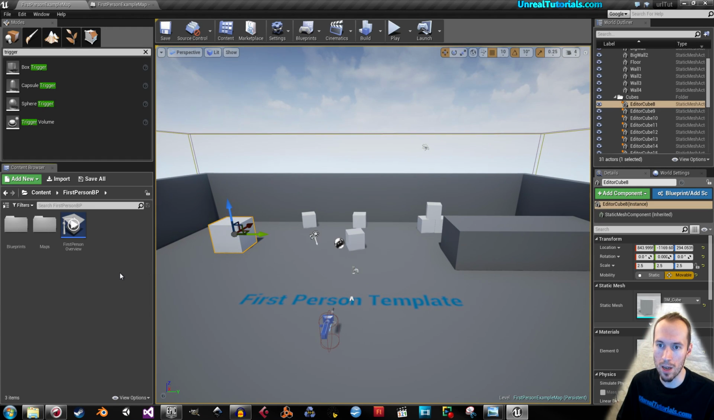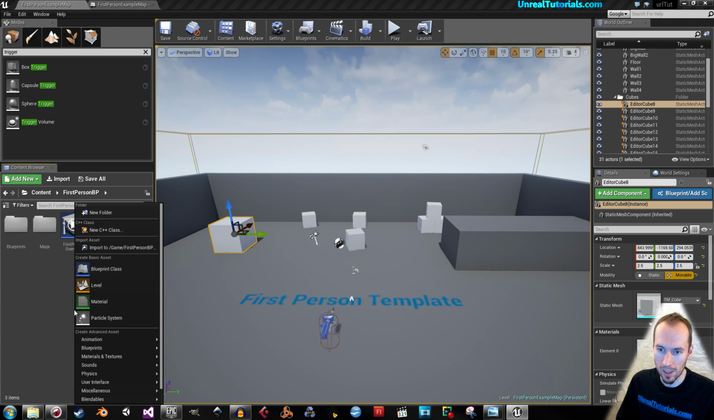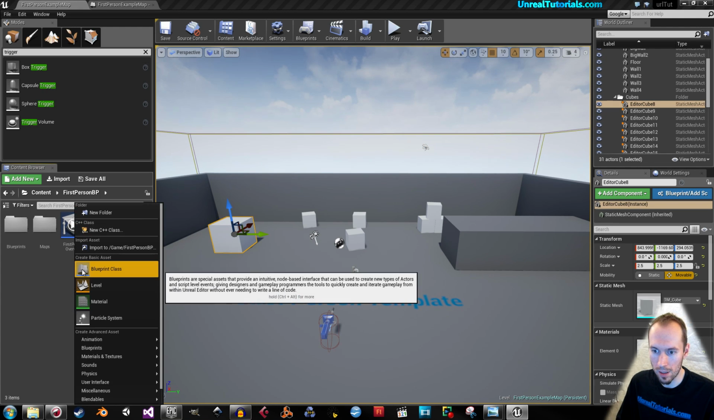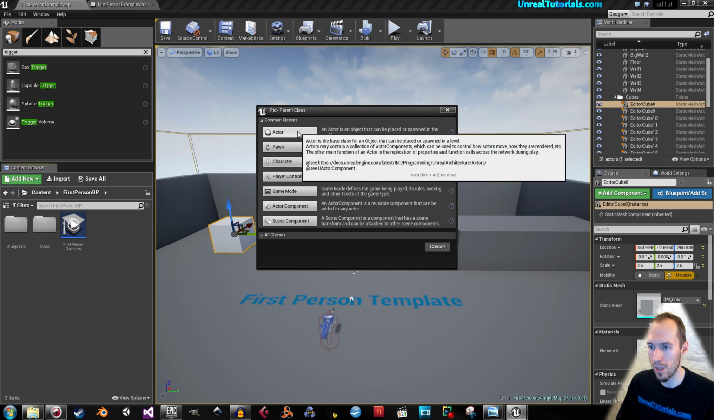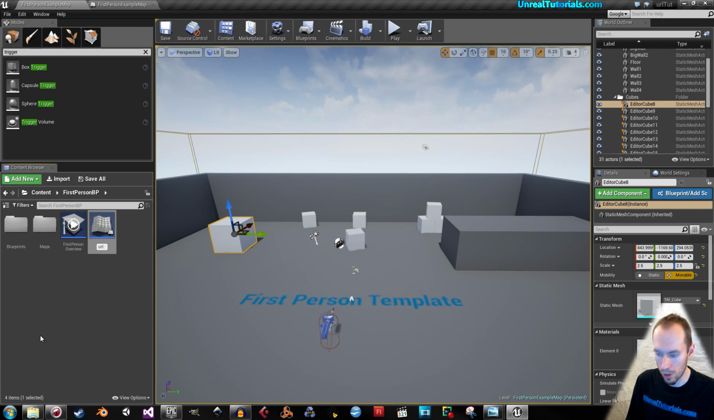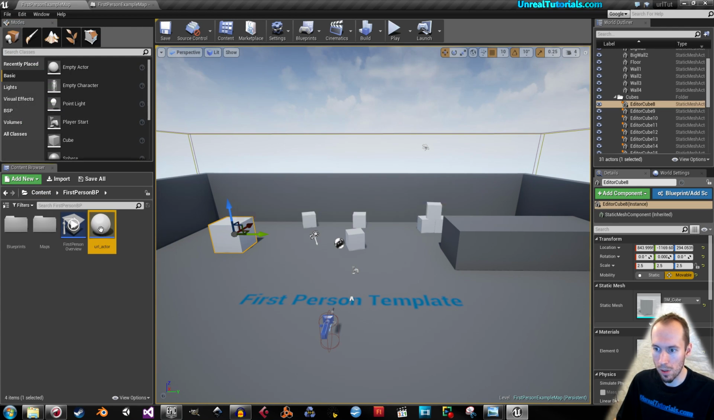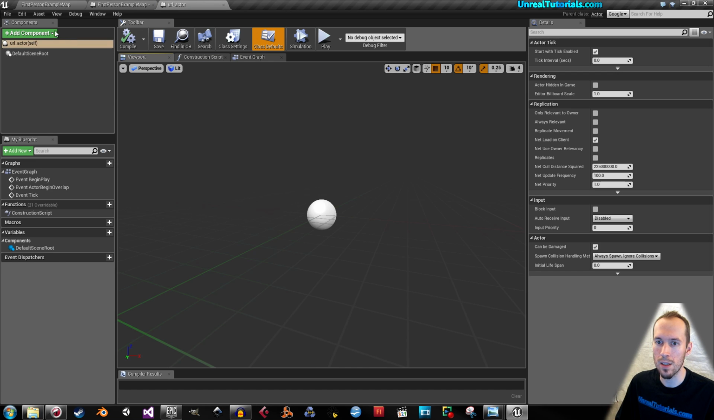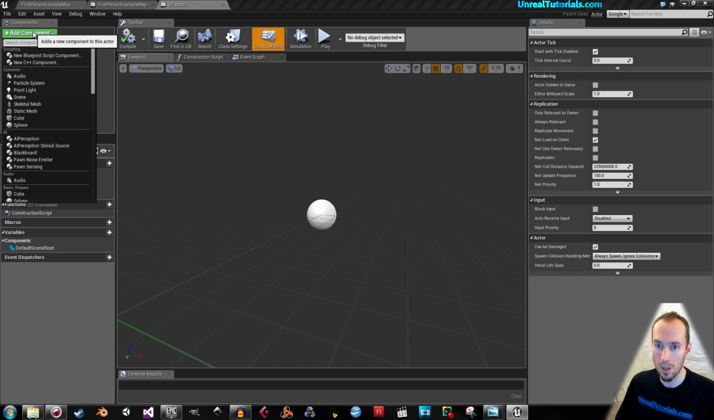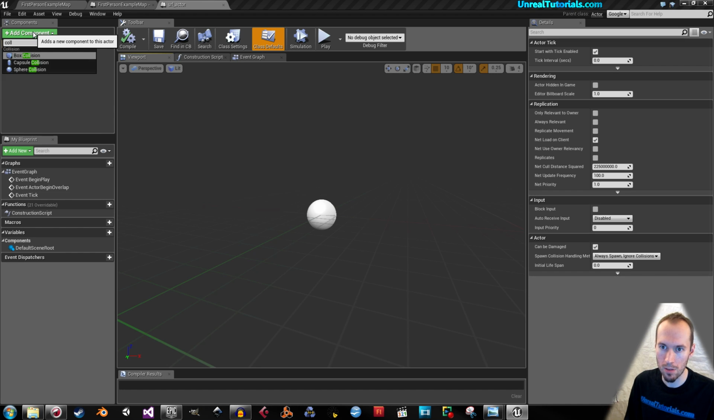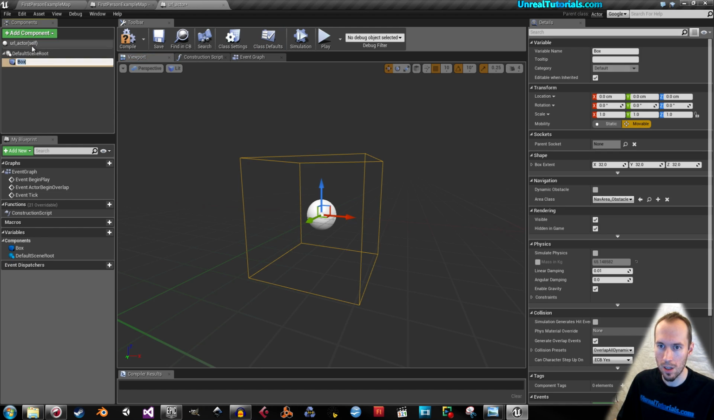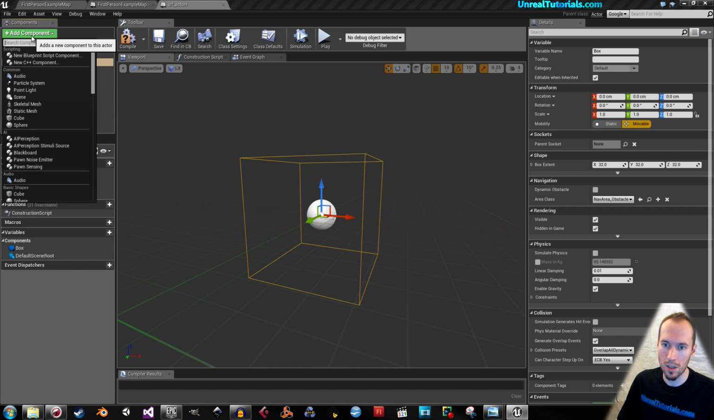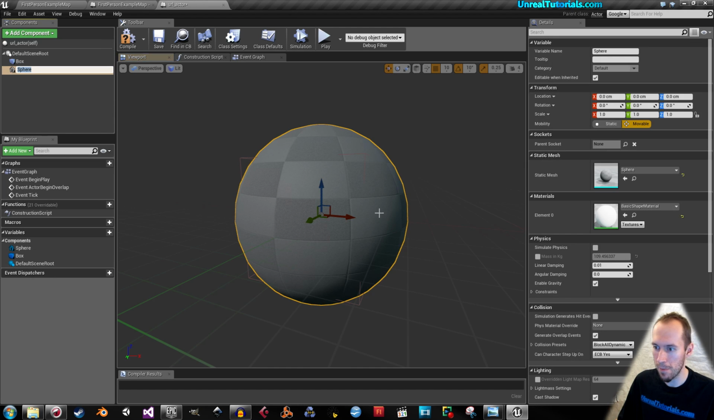So we can start by right-clicking in the content browser and then clicking blueprint class and creating a new actor. I'll just call this URL actor. And then double-clicking it, and then just go to add components. Search for collision, box collision, and then choose a sphere,